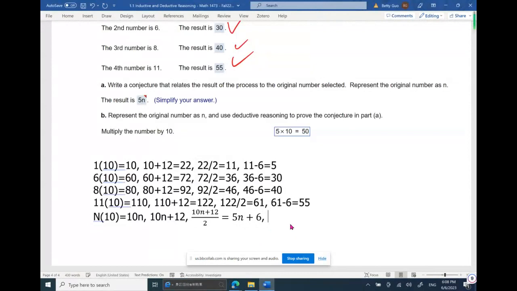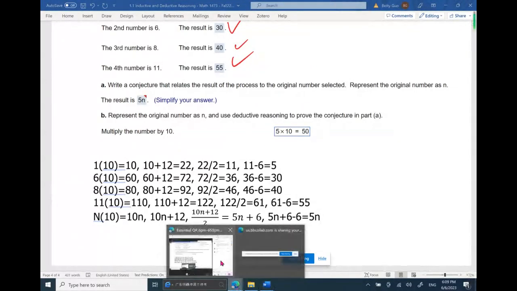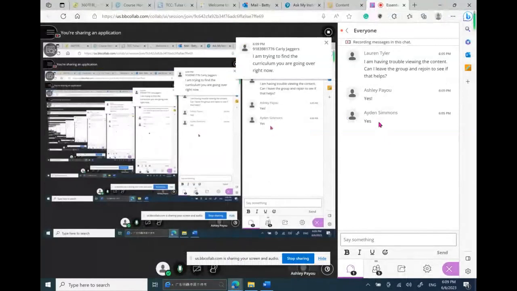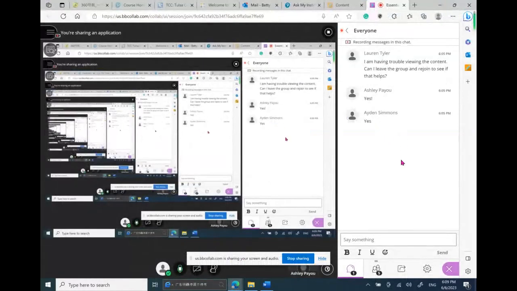And then we are going to apply the last step of the procedure. Use the quotient 5n plus 6, minus the number 6. Positive 6 and negative 6 cancel each other, right? So we end up with 5n. So if the given number is n, after the procedure,